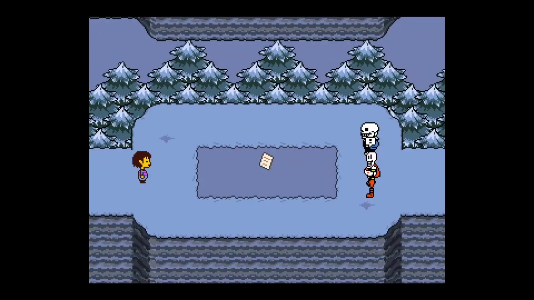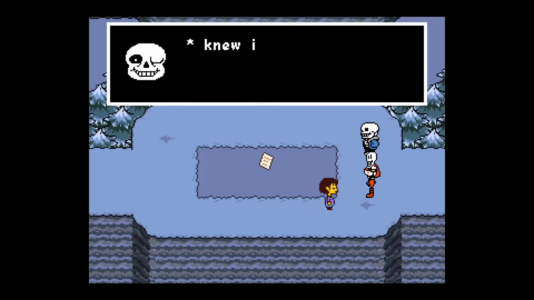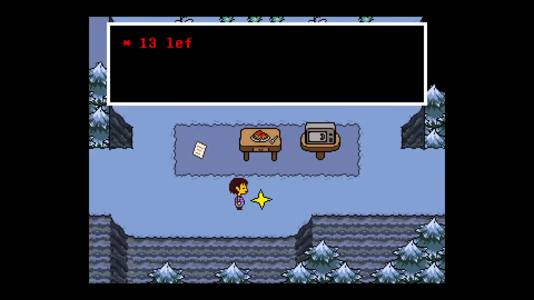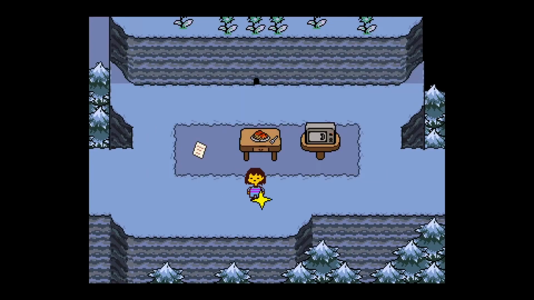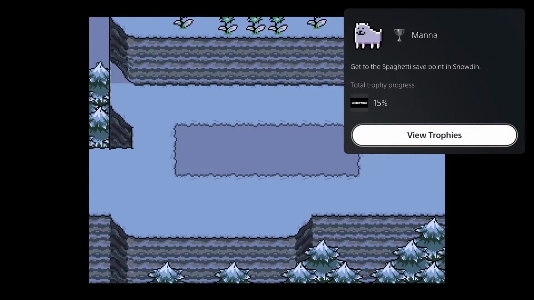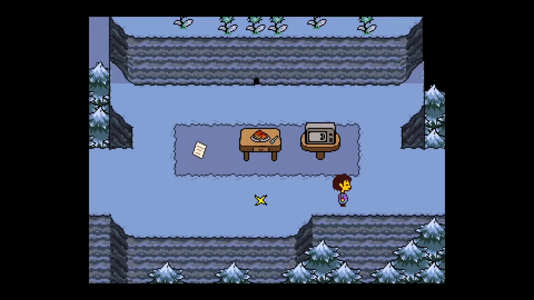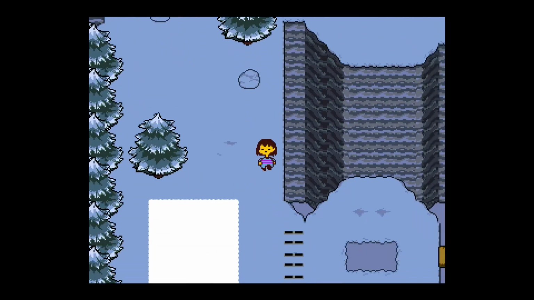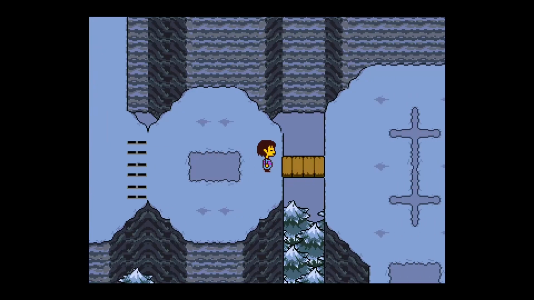Then you'll find another cutscene. Head right after this into the next room to find a save, and you should get a trophy as well for the spaghetti save point in Snowdin. Then in this room, head to the bottom right and you'll get a scripted battle, like a little boss battle